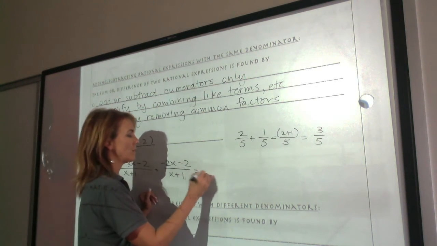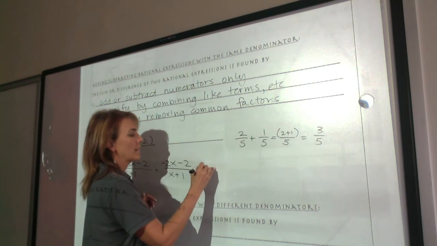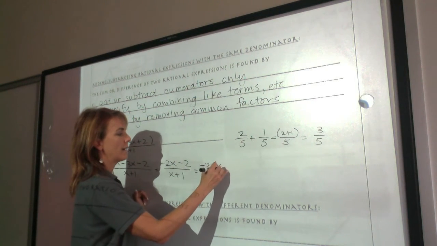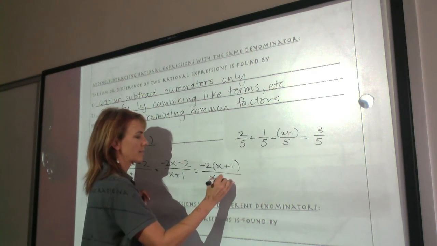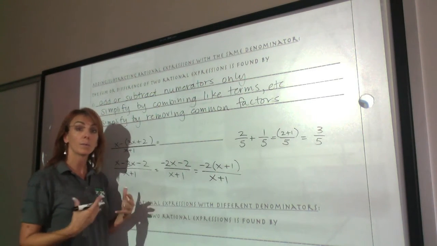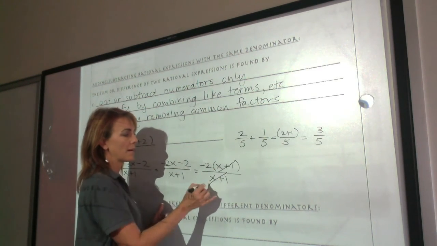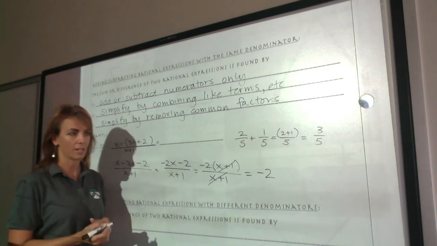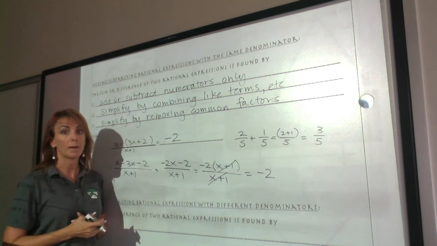If I do that, you see there's a negative 2 in both of these things. So I can take out a negative 2, and I end up with x plus 1 over x plus 1. And so after I cancel out my common factors, I am left with just negative 2. And that would be my solution in this